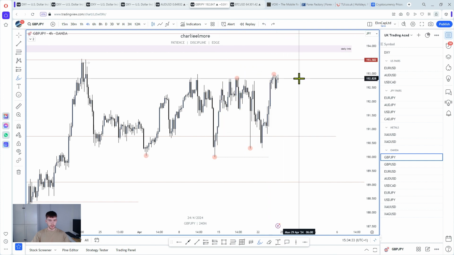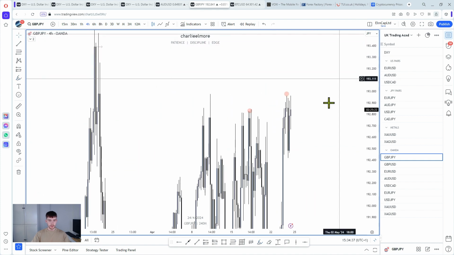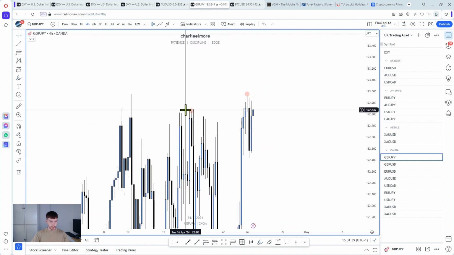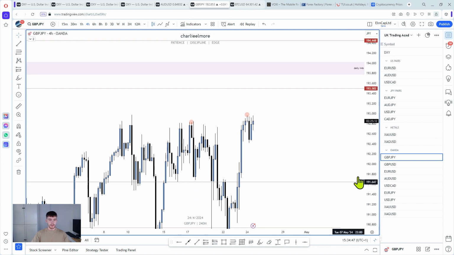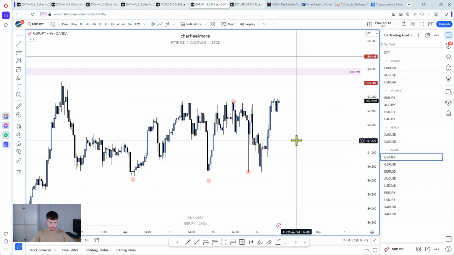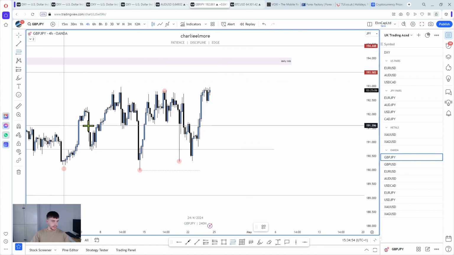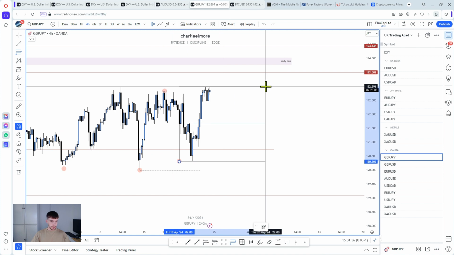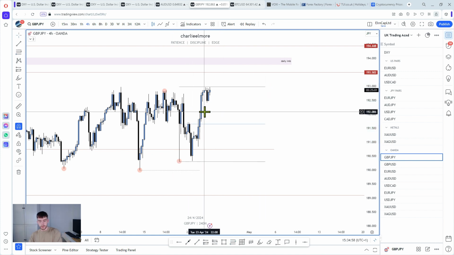Okay, if I just align my crosshair up, you can see that slightly. So this high here is what I'm talking about. So take note of the crosshair, and then looking to the right, you can see we've had a candle closure above that, just here. So we've gone back to bullish, in other words. Okay, so in this particular case, it'd be just waiting for a pullback of sorts.